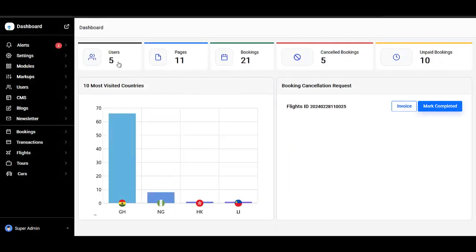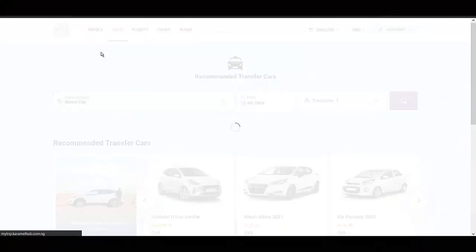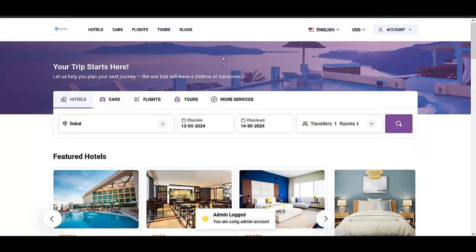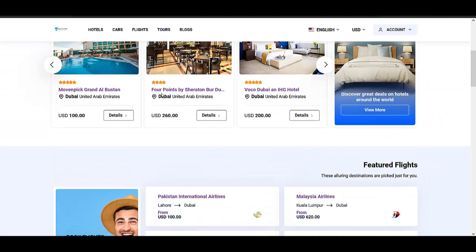So you can see the various statistics right now. So this is how the website works. So what I'll show you right now is how you can actually set up this kind of website. And to be able to set up this kind of website, you'll be needing your domain name and